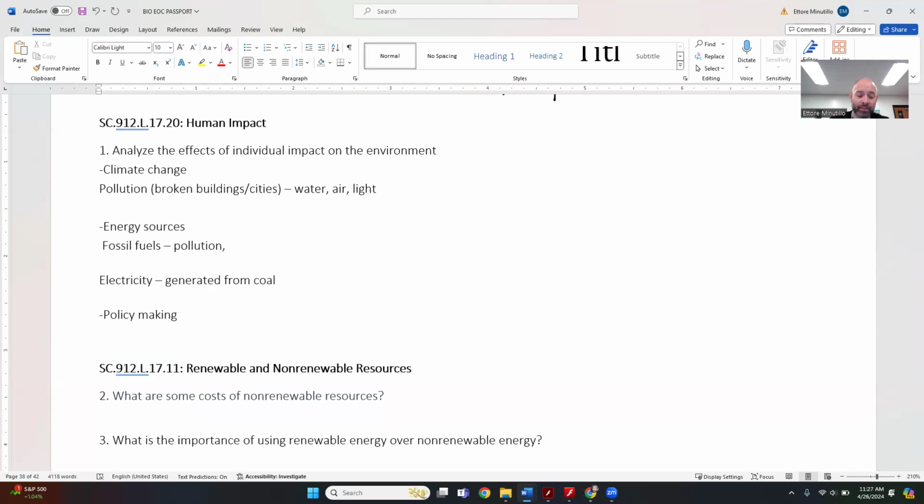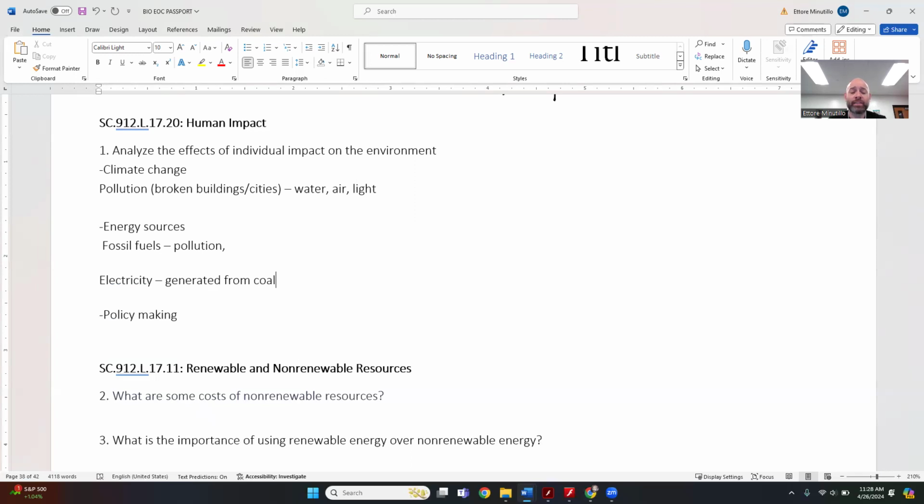Not so great, guys. They bring in policy making. This is kind of, we stop short of talking about policy a lot of times when we talk about the environment and pollution and things. Obviously, we want to try to make a move away from fossil fuels with the pollution and destruction that it's causing. There's a lot of policies that have been put into place, like you can get tax credits and things for owning an electric vehicle.